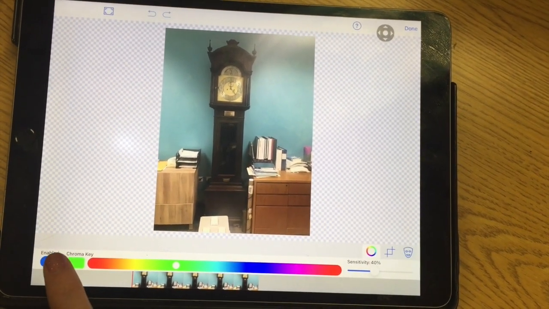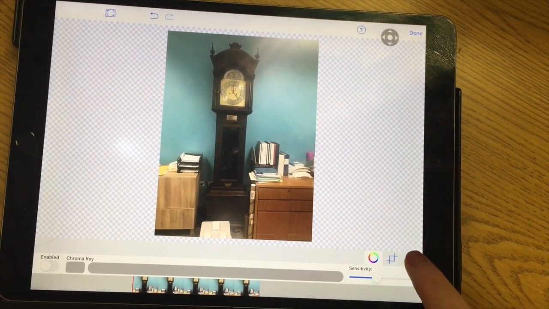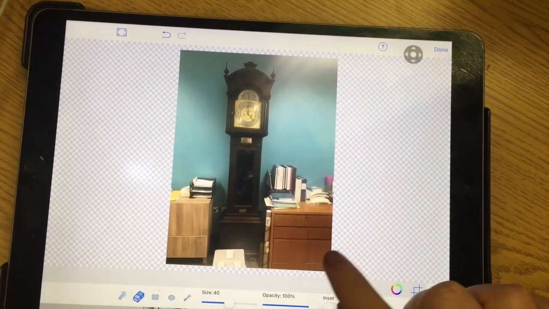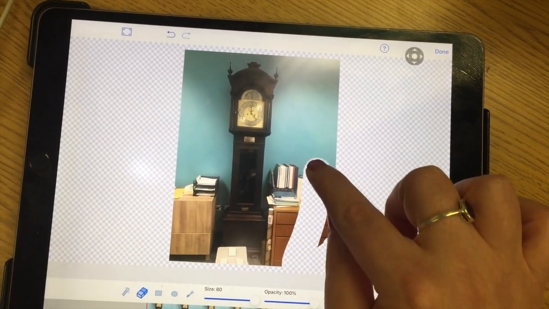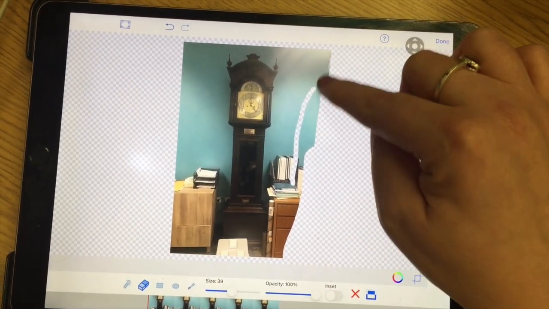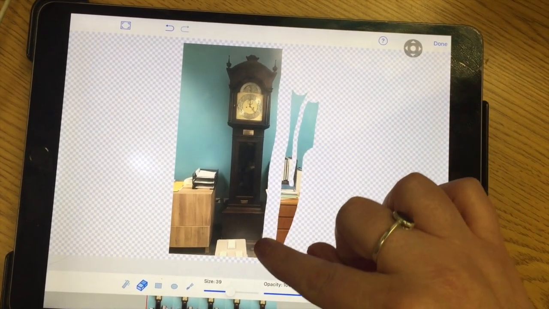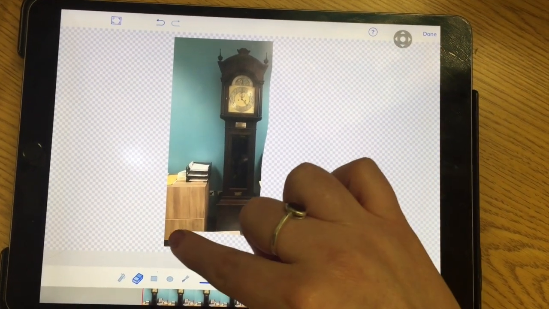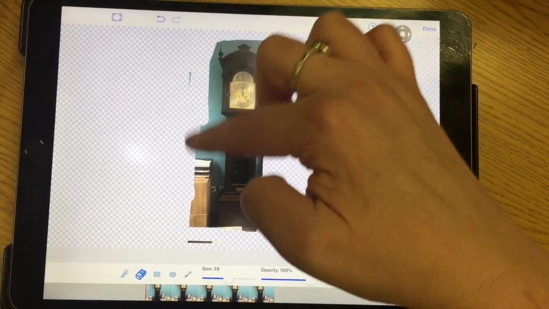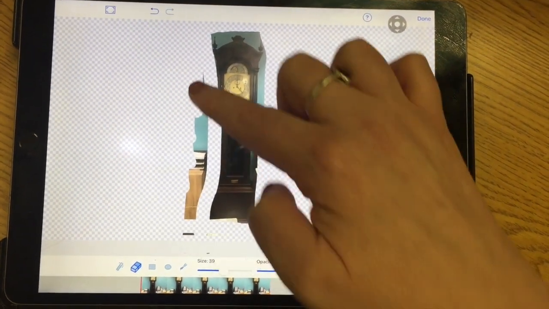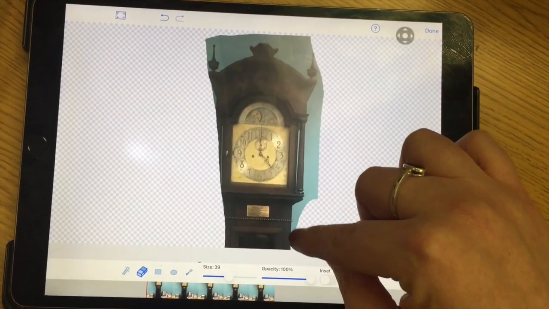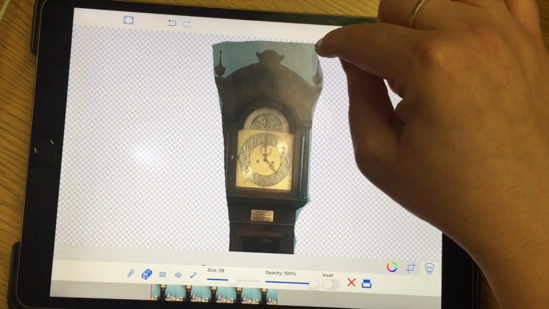Choose the color wheel and turn off the green screen. It says disable. Then choose the mask tool and the eraser. There's different sizes of eraser depending on the number of the slider. You can have a thin line to erase or a little bit wider line to erase a little bit faster. Don't worry about getting every single fine detail erased. You want to just get the basic shape because you can hide any little imperfections with other papers in your collage. Do a nice bubble cut. You can always zoom in and get some of the fine details if you really want to.